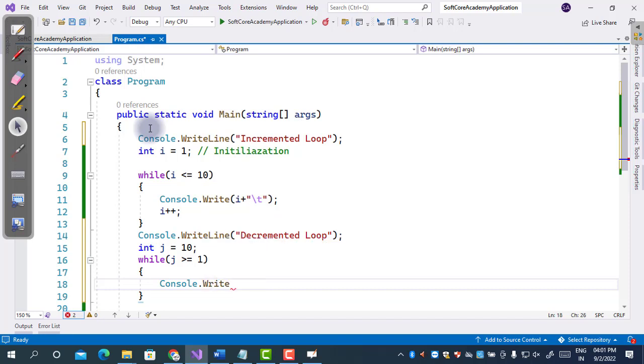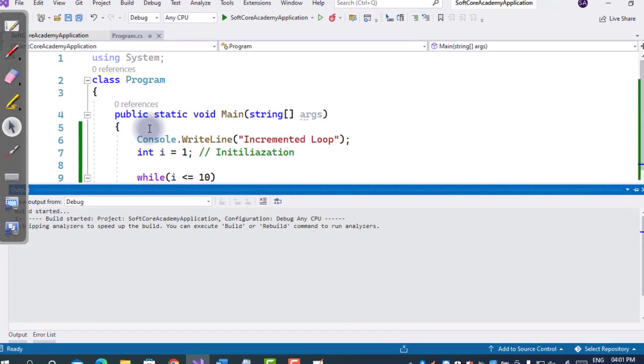In the same way, console.write, and then we will print j plus \t, so that the number will be displayed on the same line, and again we will do the j plus plus, j minus minus. Sorry, we are creating a decremented loop, therefore we do the j minus minus.